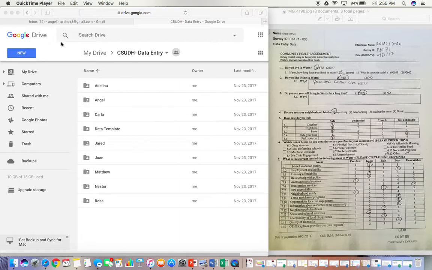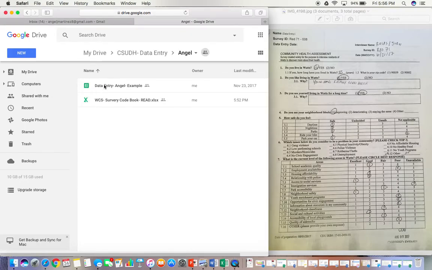Right now I have the screen open to the Google Drive, which would be this one right here. I took a picture of the surveys just so that I could do this and you could see the survey simultaneous with me while I enter it. I'm going to go to mine. There'll be two files in your folder. The first file will be the template itself for the data entry that you'll use to enter the data, and